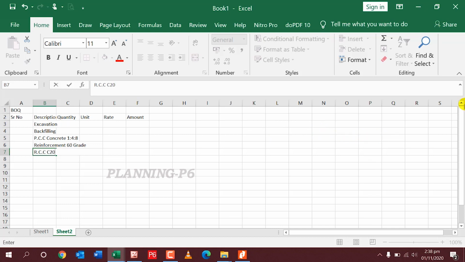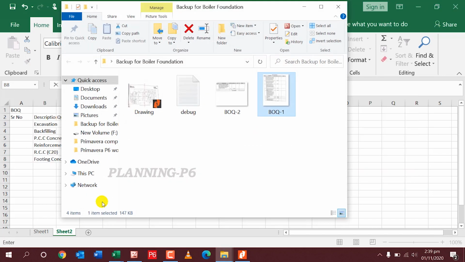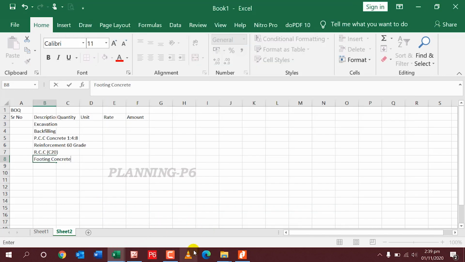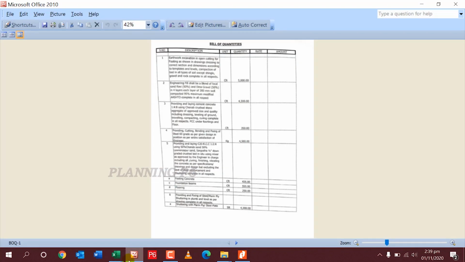Okay, the next one is footing concrete and the foundation, beams and flooring.